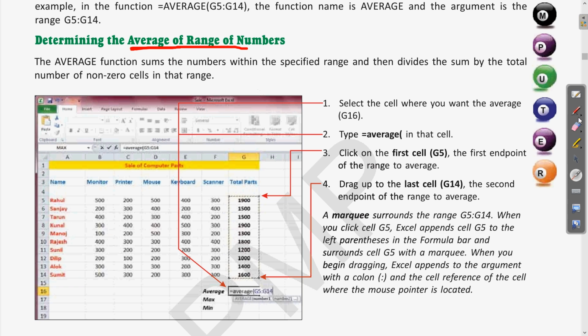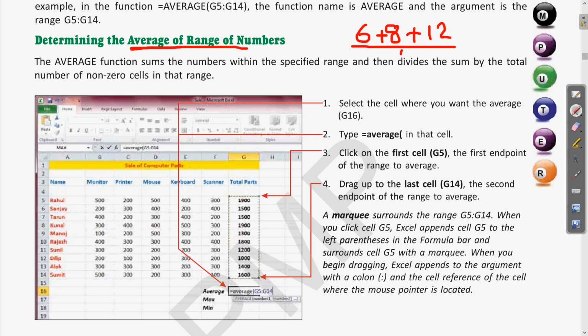So if I am writing three numbers like 6, 8 and 12, and if you want to find the average of these, what do we do? We first take the sum of all these numbers, and after that, how to find the average? We divide this by the total, how many numbers we are taking. So we are taking three numbers, 6, 8 and 12.